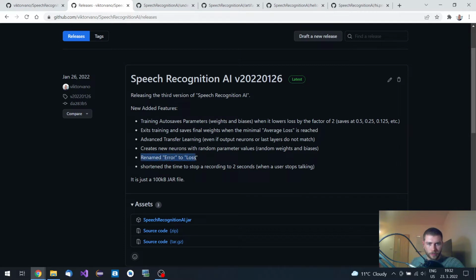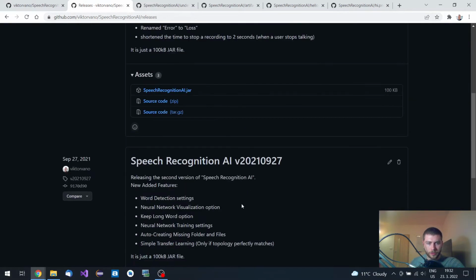And I've also renamed the terminology a little bit from error to loss, which is mostly used. And also I've shortened the silence time when the recording automatically stops when the user stops talking. So that's new,